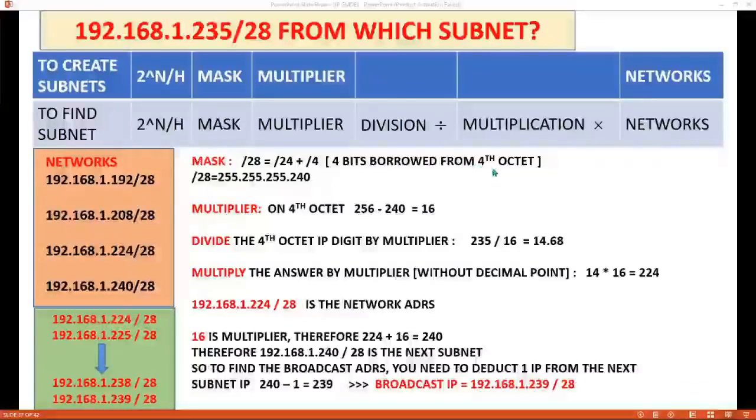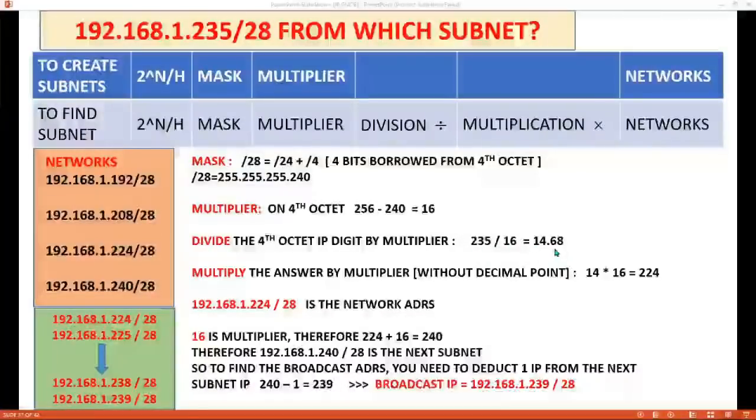After finding the subnet mask, you can move on to the multiplier portion. In the multiplier, you find 256 minus 240 in the 4th octet, because the last change is in the 240. So you deduct it from 256 and find the multiplier. Multiplier equals 16. Next, on the 4th octet you have the IP value 235. You need to divide this IP by the multiplier 16. So 235 divided by 16 gives you